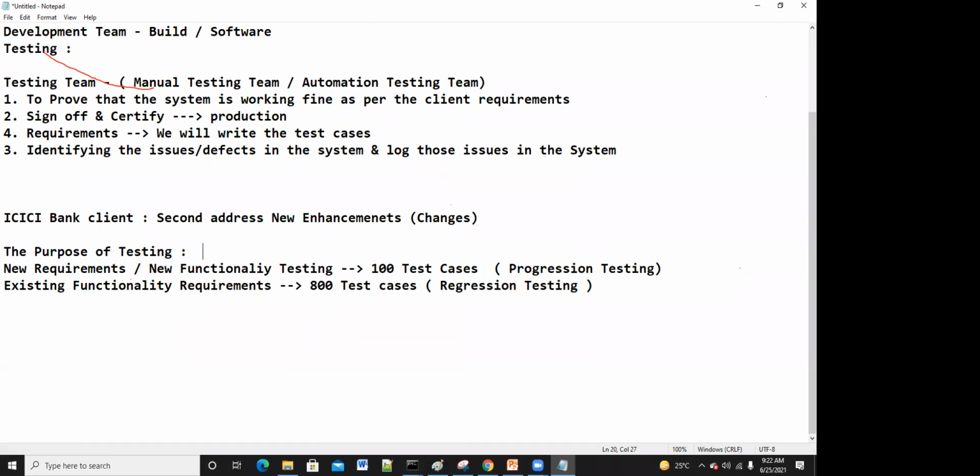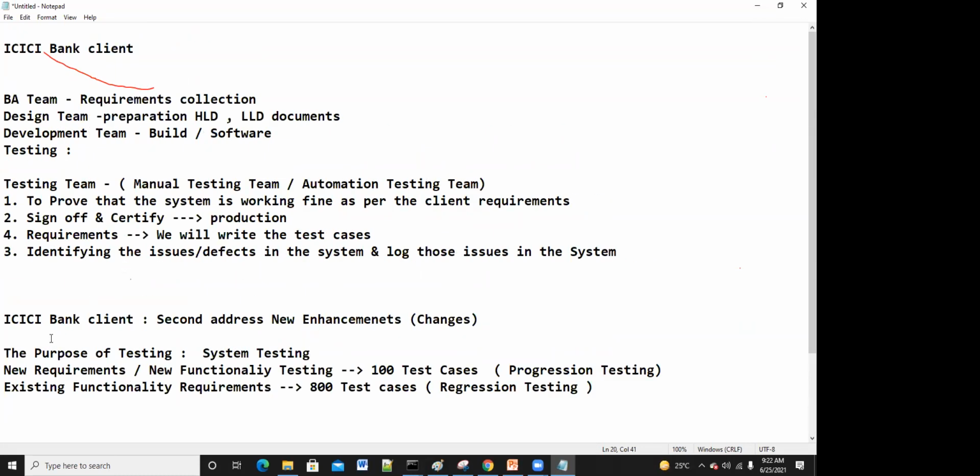This we can also call system testing. So the complete system has to work as per the requirements. Right now we understood the objective. So in any application we are doing system testing, which is nothing but progression testing and regression testing. And here there are two teams.